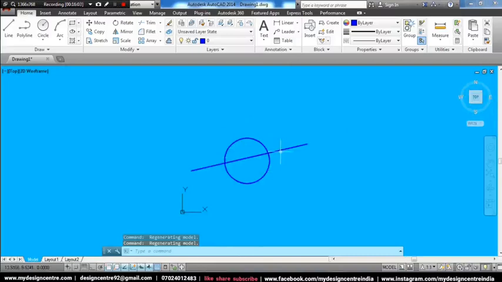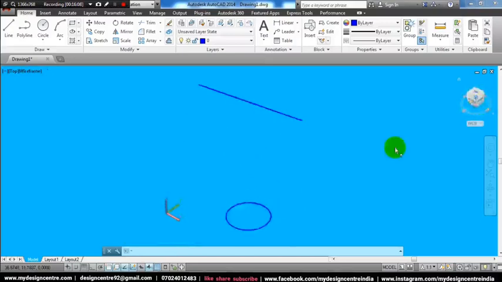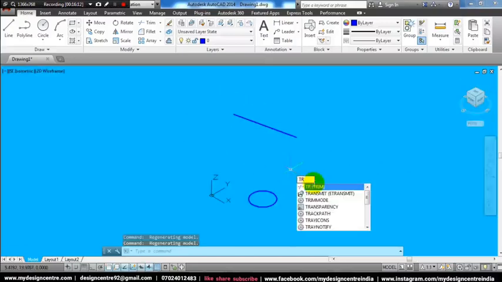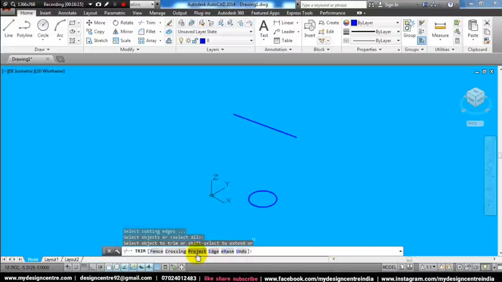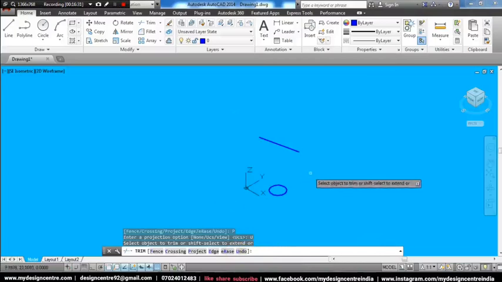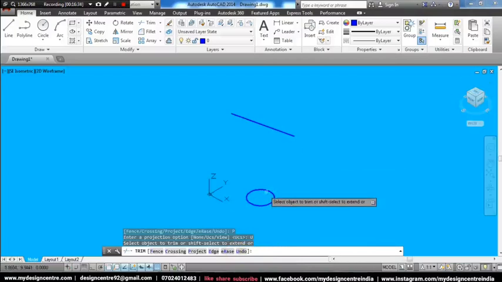How can we trim this circle even though this line is not on the same plane? For that, rotate this object for better understanding. Click enter. Now project. It has three options: none, UCS and view. UCS means if you select the UCS option, the projection will be about the Z direction. I am going to select the UCS option. Now if you click on this circle, automatically this will trim according to this line projection. If you click on this line, it will also trim according to the circle.